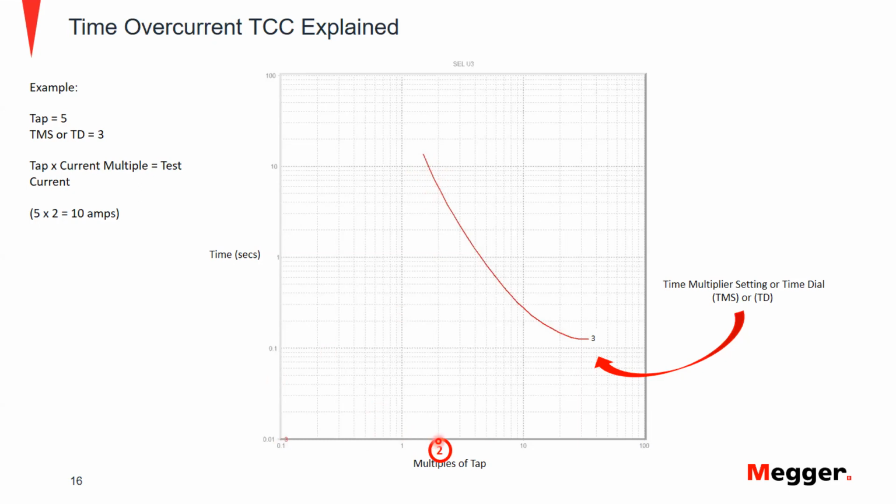You want to get closer to where the curve actually makes the mark, because if you start way over here, it'll take so much time for this curve, if it even crosses into the smaller multiples of one setting. And if it does cross over there, then there's probably something wrong with your settings, or wrong with the relay as well. So we're going to do a 2 times multiple,